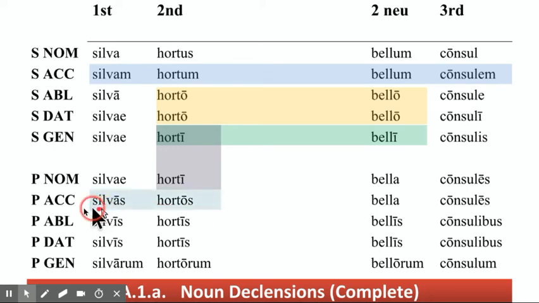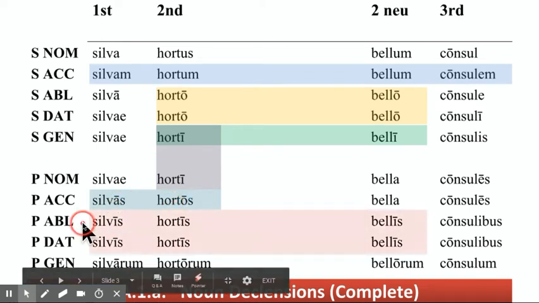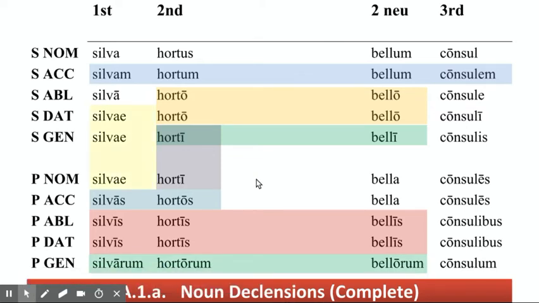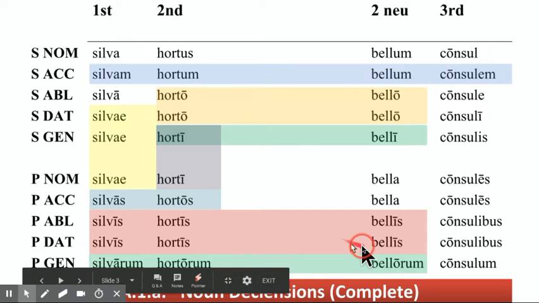And then you also notice that the plural accusatives end in either as or os. Okay. And then you notice the ablative and dative plural are beautiful, long is. Oh, that's really easy. And then you notice that the genitive in the plural is either a long a-rum or a long o-rum. So that's nice. And then look above. Look here. Neuter, the nominative and the accusative are the same,